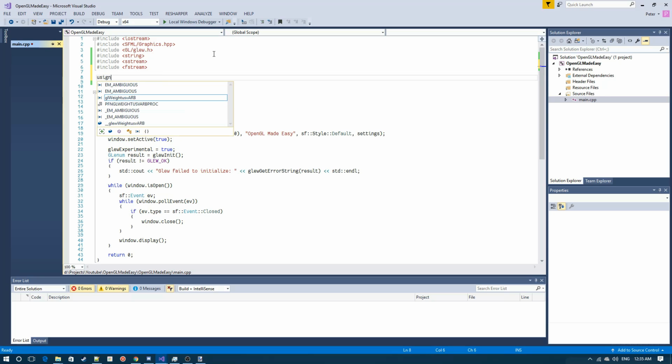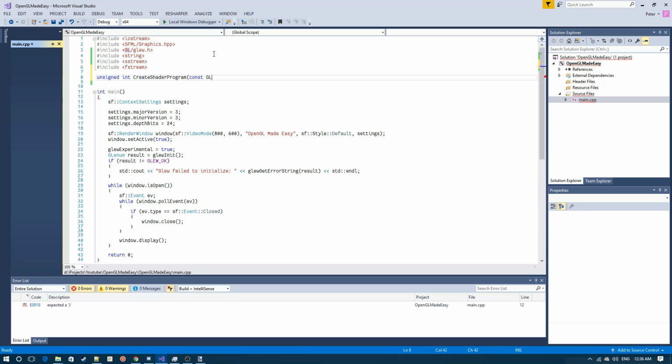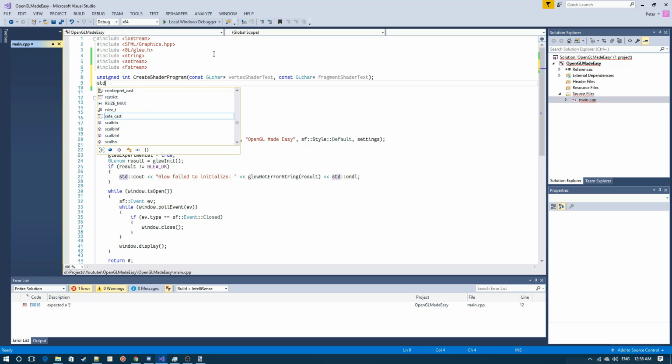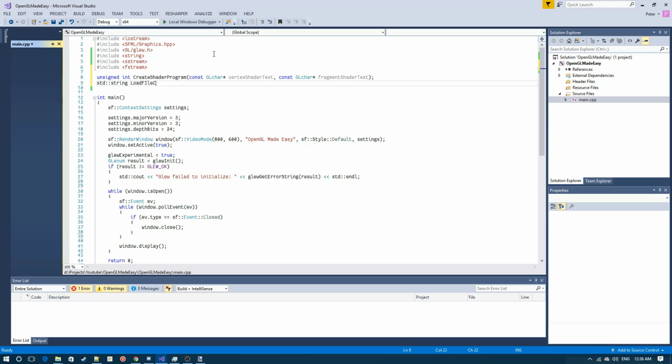Next we're going to create an unsigned int function called CreateShaderProgram, which takes a constant GLchar vertex shader text and a constant GLchar fragment shader text, and we're going to create another function called LoadFileContents,